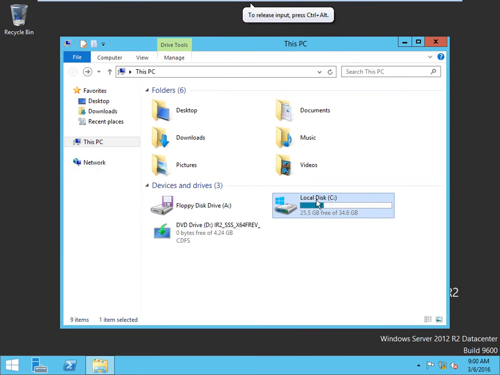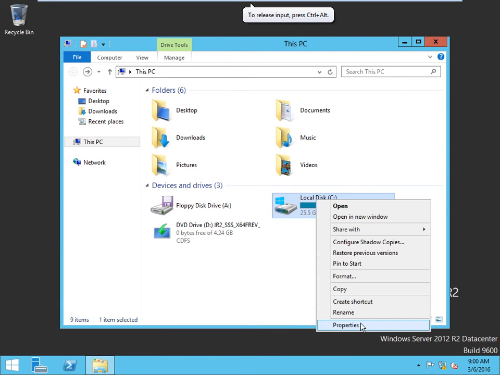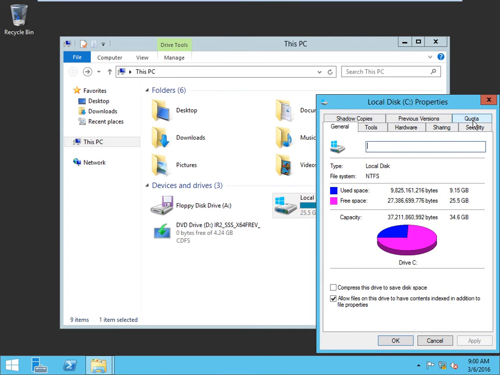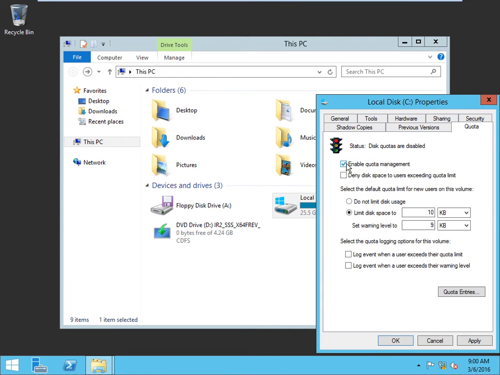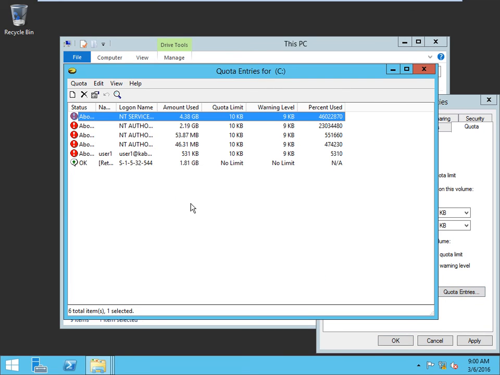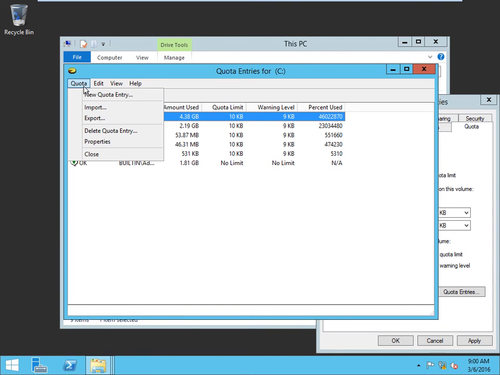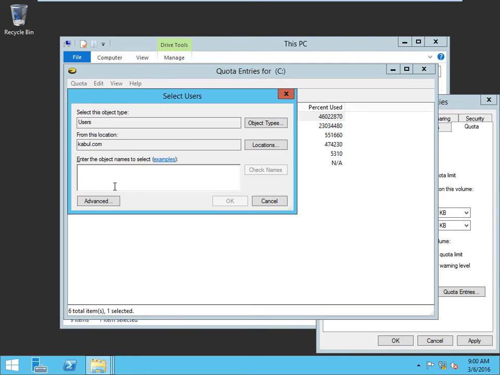If you want to implement this quota, enable deny, quota entries. Here you can put the entry for user 1. Quota, new quota entry. We have created user 1.